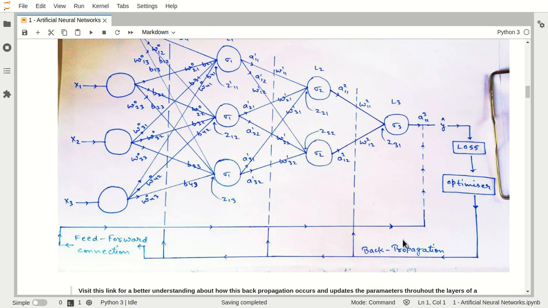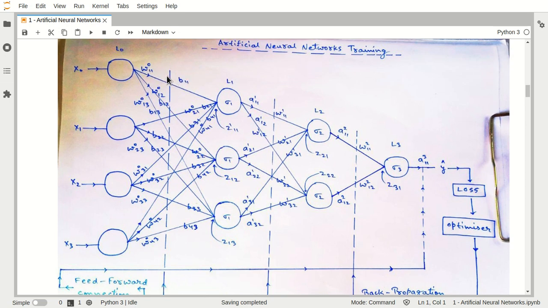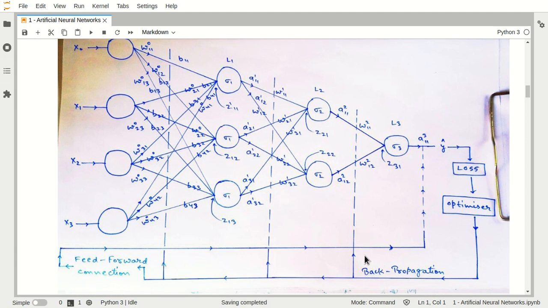Backpropagation means that using this optimization, we will calculate the new values of these parameters. Whatever parameters we introduce here, like weights and biases, these two parameters will be available inside this layer, over here also. In backpropagation we use differential equations, and using that we calculate new values of all these parameters, and then we assign all of those new values to these parameters.